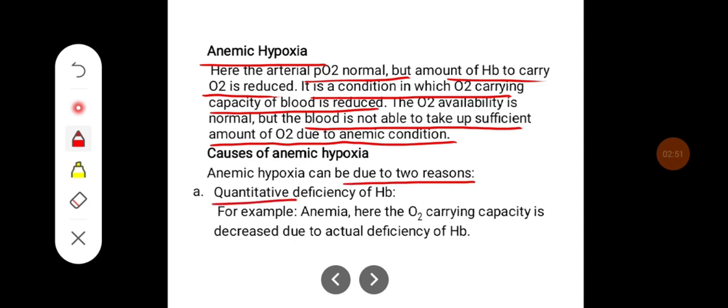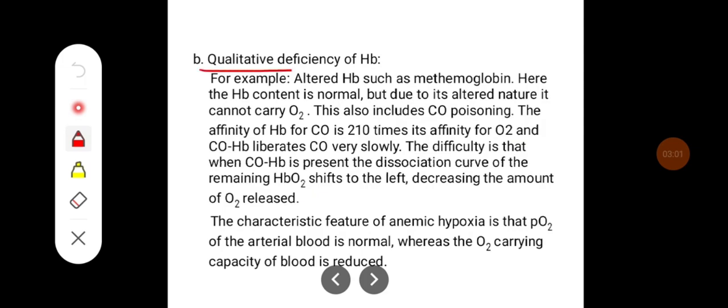One is quantitative deficiency of hemoglobin. For example, in anemia, the oxygen carrying capacity is decreased due to the actual deficiency of hemoglobin. The other reason is qualitative deficiency of hemoglobin. For example, altered hemoglobin such as methemoglobin. Here the hemoglobin content is normal, but due to its altered nature, it cannot carry oxygen. This also